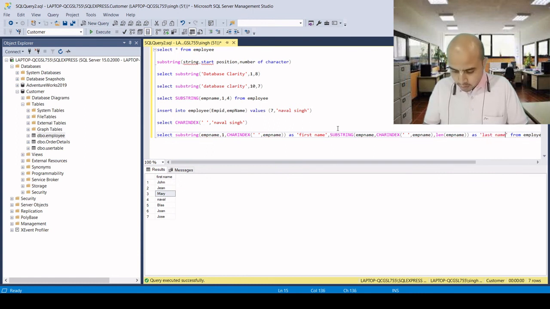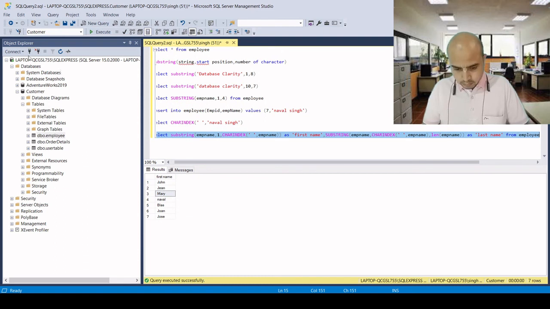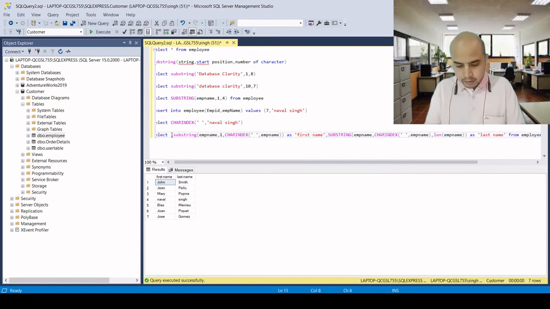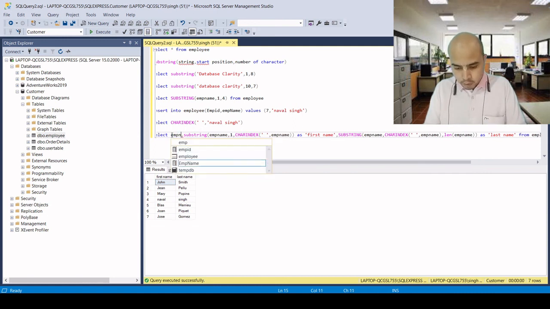Let's see what output we get. Yes, we got the correct output. This is the first name, and let's print the emp name so that you can get the whole visibility.